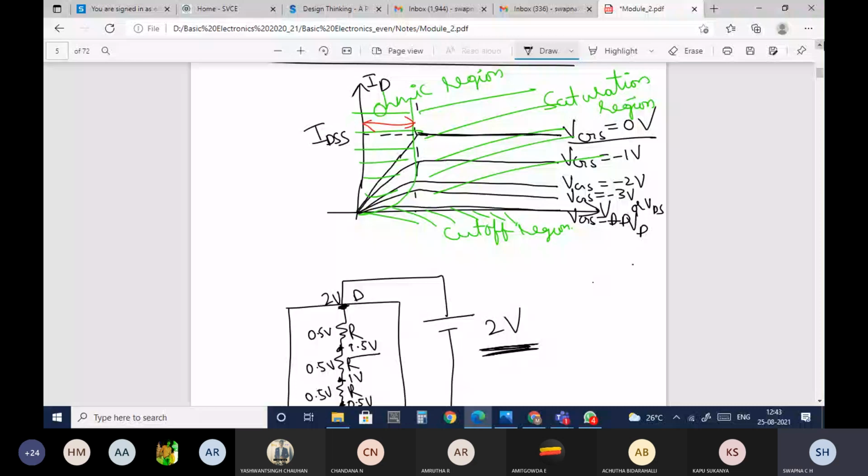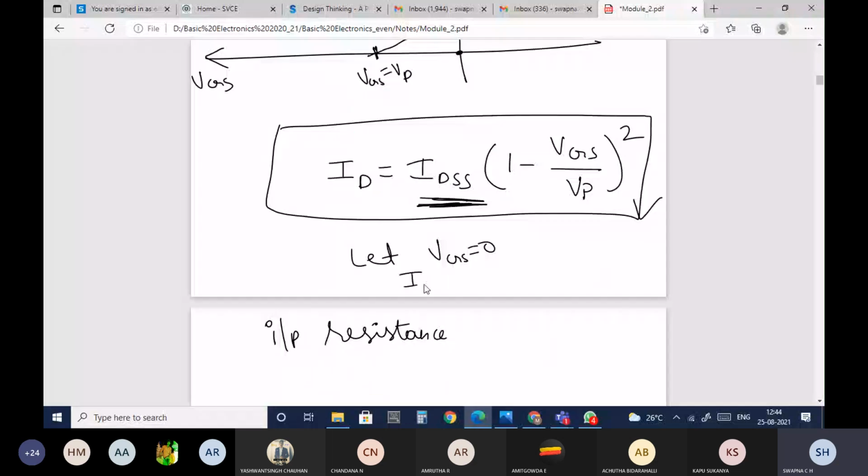Let VGS be equal to 0. Then ID will be equal to IDSS into (1 minus 0 by VP) whole square. 1 minus 0 is 1, 1 square is 1, so ID will be equal to IDSS.